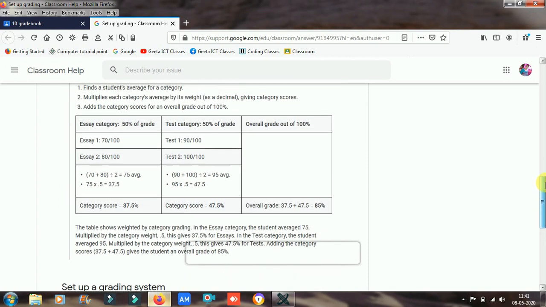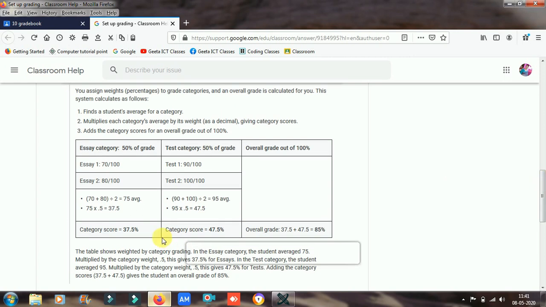And next is weighted by category. You can see easily this is the criteria. It means you have created essay 1, essay 2, test 1 and test 2, and students are getting 70 out of 100, 90 out of 100, 80 out of 100, and then 100 out of 100.